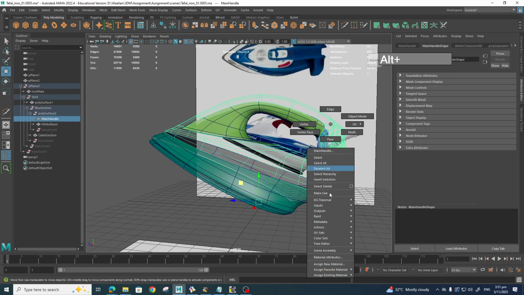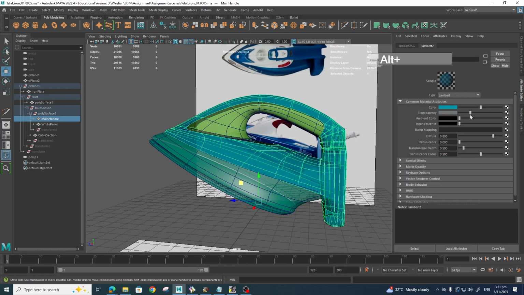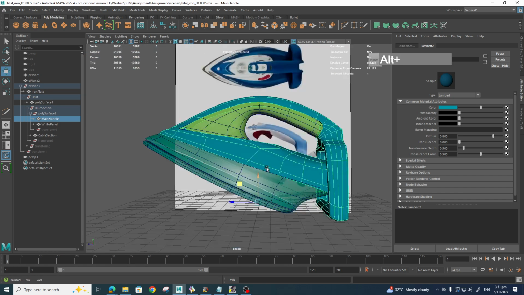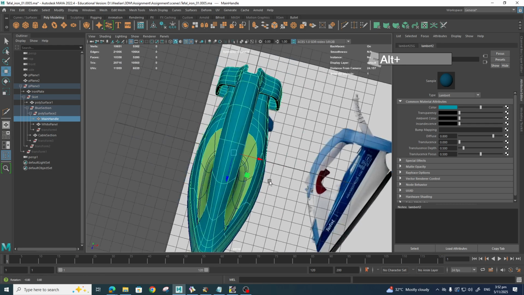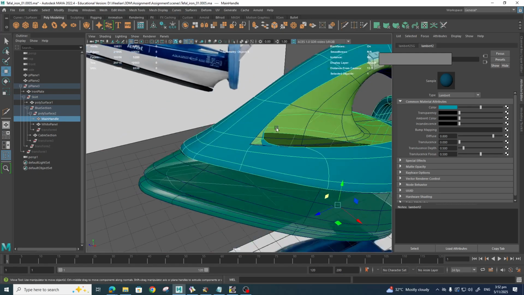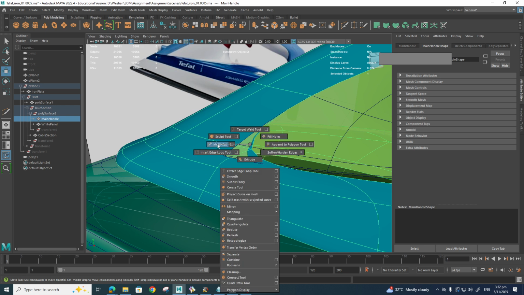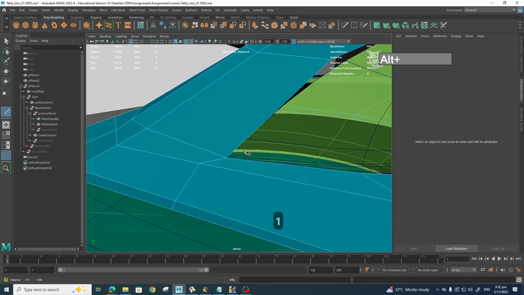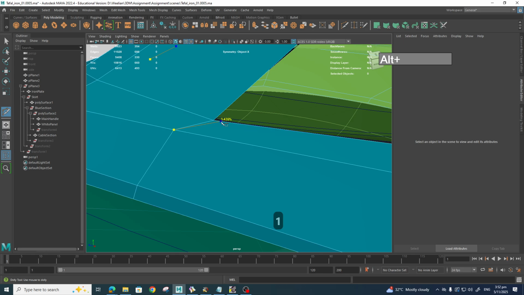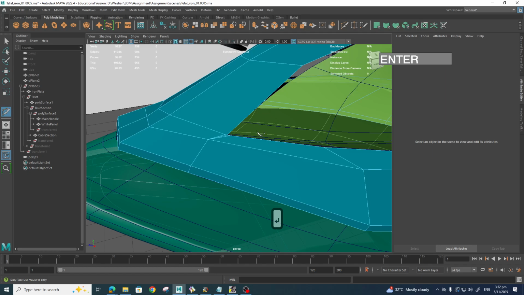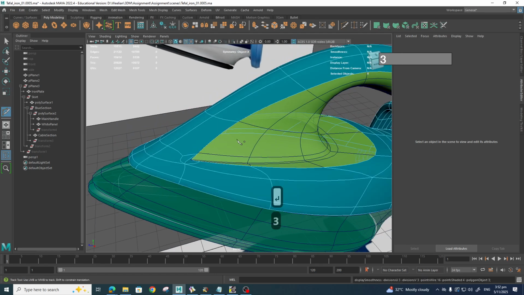Okay, let me change the material attributes, make them less transparent. Alright, so let me just refine this area here. We definitely need to have it much sharper here, so what we need to do is go to level 1. Let's try to cut one edge here like that, and then another one here just like this. Okay, if I subdivide this,